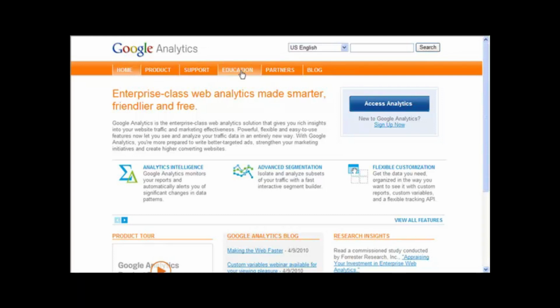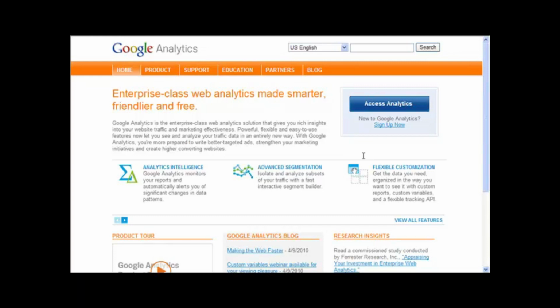With analytics, you can link it in with your AdWords account, your AdSense account. It's a fantastic tool. It will overlay a heat map of your website that basically shows you where people are clicking on your website, so you can see whether your adverts are performing, which ones are performing well and getting clicks and which ones aren't. So it's extremely powerful.